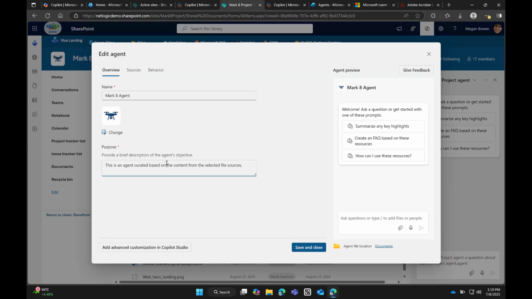And then from there, you can also say, give me the results in 2 different paragraphs, bold the first letters of each paragraph. Maybe you want to require it to give sources, so the reference materials to know where it is pulling that information from. These are all things that you can put into the purpose. And don't worry, you can always come back in and edit the purpose to then tailor it to your needs.